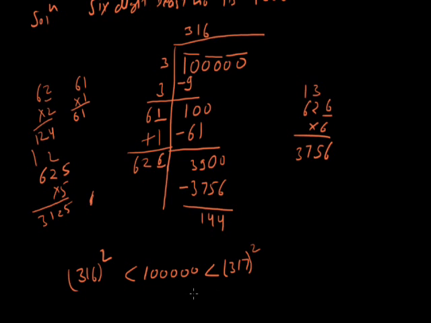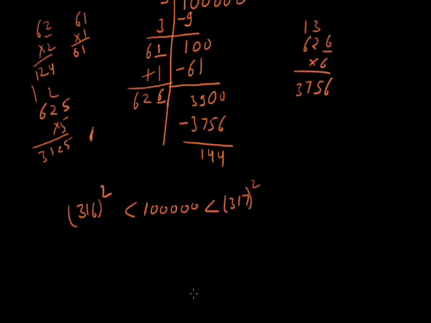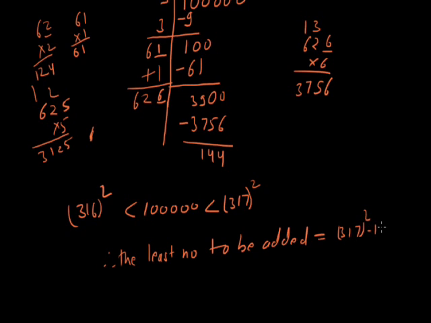So and we know that, हमें क्वेश्चन में पूछा गया है, हमें 6-digit नंबर फाइंड करना है, तो हम 317 का स्क्वायर निकालेंगे, और let's see, therefore the least number to be added is equal to 317 square minus 1 lakh. हम 1 lakh में ऐड करेंगे the difference of 317 square minus 1 lakh,